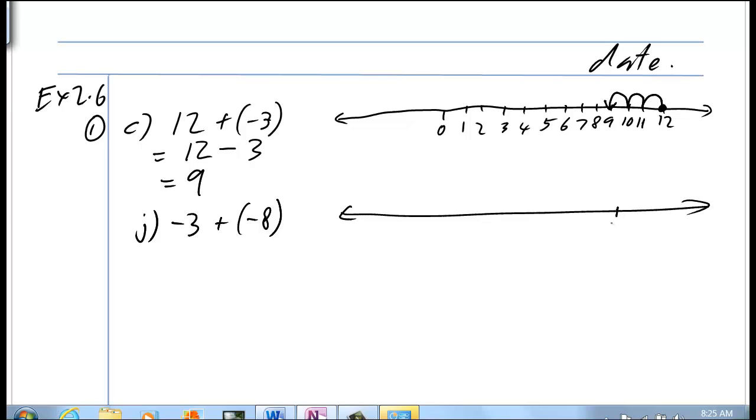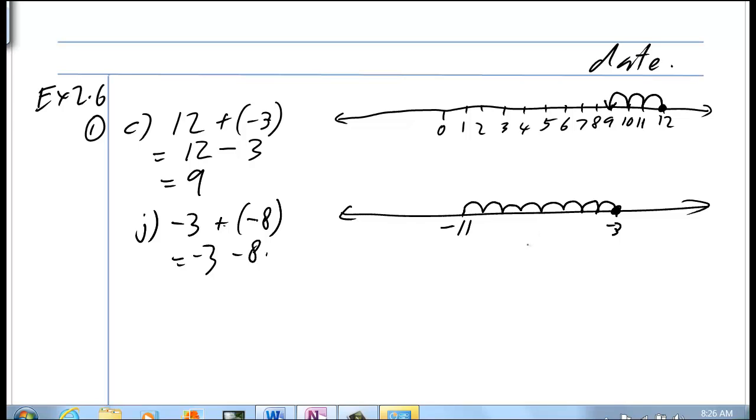And let's put negative 3 here. We're going to start at negative 3, put a dot there. Now we're going to go negative 3, take 8, because a plus and a minus gives you a take. So we're going to take away 8, 1, 2, 3, 4, 5, 6, 7, 8, and that will give you